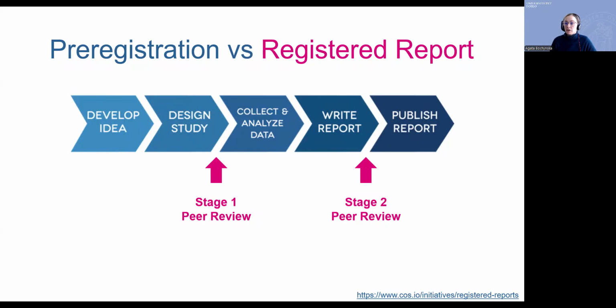So at stage 1, you get so-called in-principle acceptance to run your study, and if you follow everything that you say in your idea and design in this original document, then your study will be published regardless of the